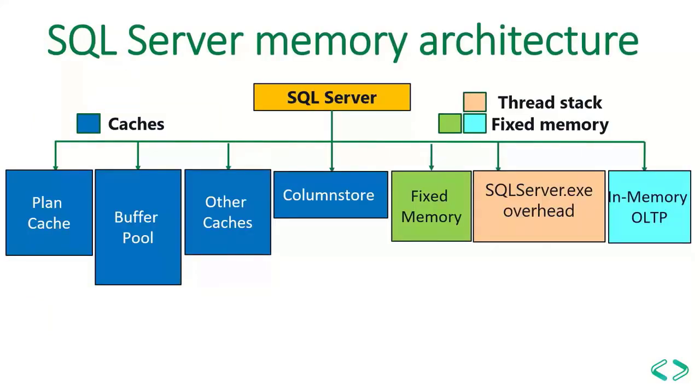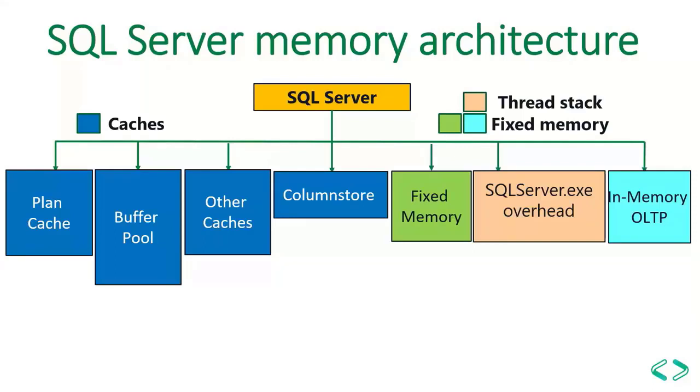Now let's see the overview of memory architecture and what components we have inside the memory of the SQL Server. SQL Server Engine is a Windows program which will use Windows APIs to allocate memory to the SQL Server. There are different types of components in the memory architecture of SQL Server. In this particular session, we are mainly focusing on the plan cache and the buffer pool and how those caches get managed. But let's see what other components we have in the SQL Server memory.